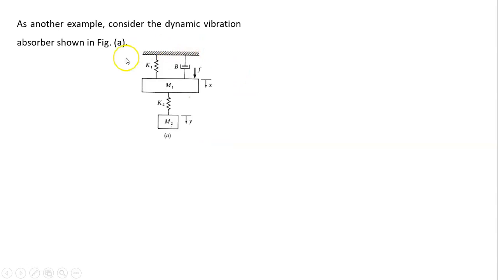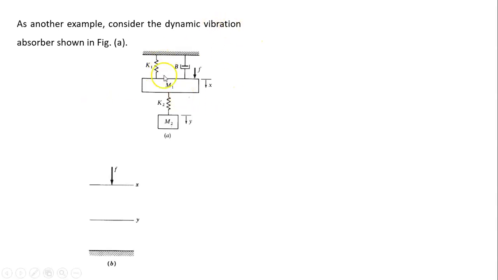Therefore, in this diagram, how many coordinates are there? 3 coordinates are there: coordinate X, coordinate Y and coordinate ground, and force F is acting at X coordinate. Therefore, we will now construct its grounded chain representation step by step. Step by step I will draw the figure one by one, then you will understand. Therefore, what is the first step?